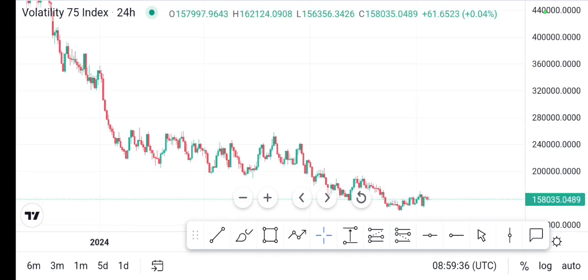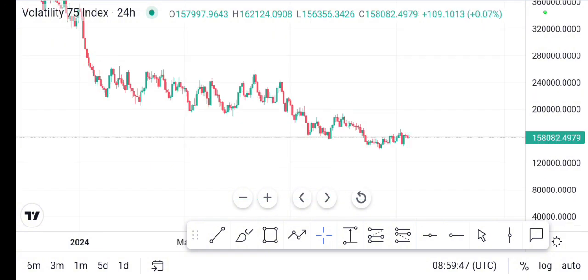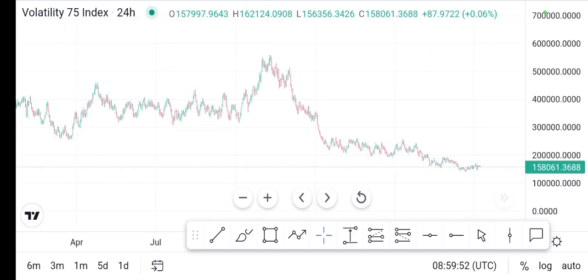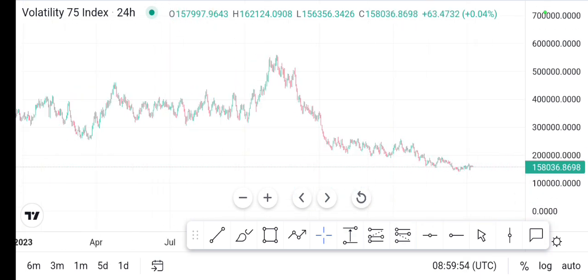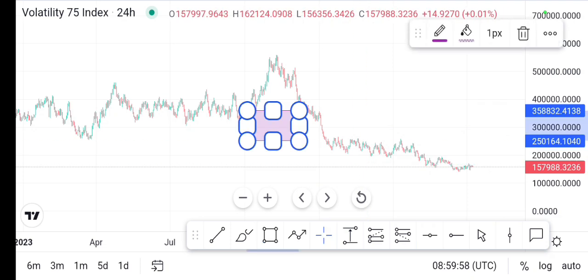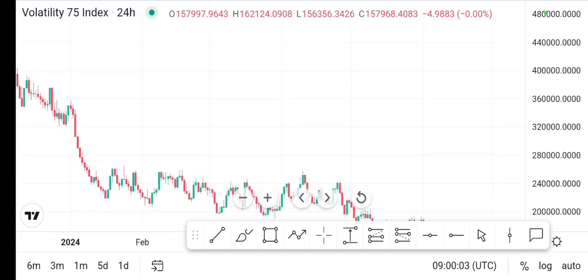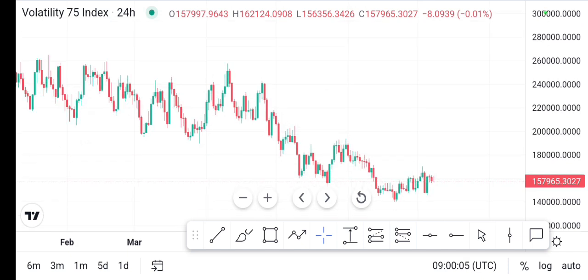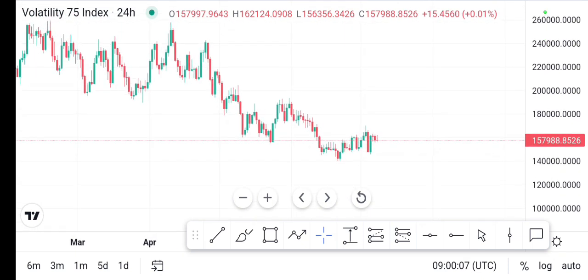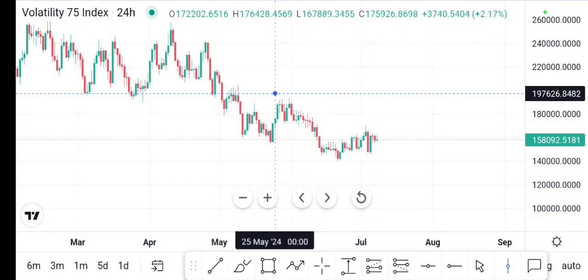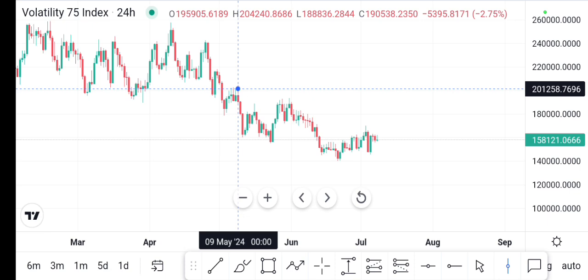So first and foremost, what do we always do when we are starting? We don't need to go back some months and start analyzing from that area, then come to the present. No, we just get 1 month and it will be enough for us to start making our analysis. So today is 8th July. Now we have to move back to 8th May, and that will be enough for us.